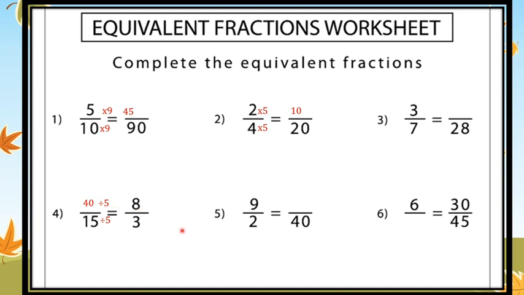So this is how we solve for the missing numerator or denominator to make them equivalent fractions. And the same for question number 5 also. 9 by 2, how many times 2 is 40? 20 times. So if the denominator is multiplied 20 times, the numerator will also be multiplied 20 times, and so your numerator will become 180. So these two questions are left. You can solve and find out the answer, and I'm sure by now you must have understood how to solve